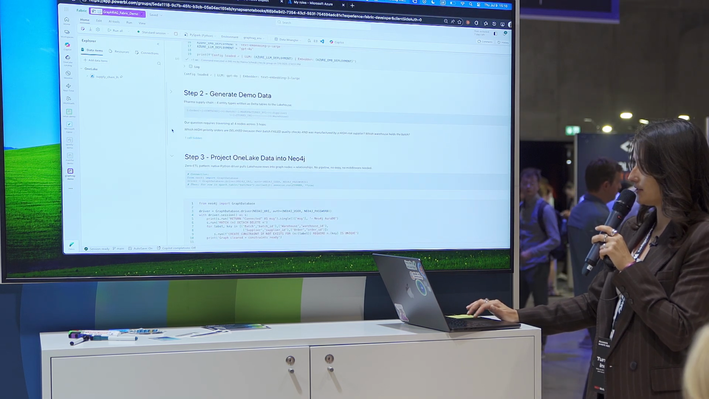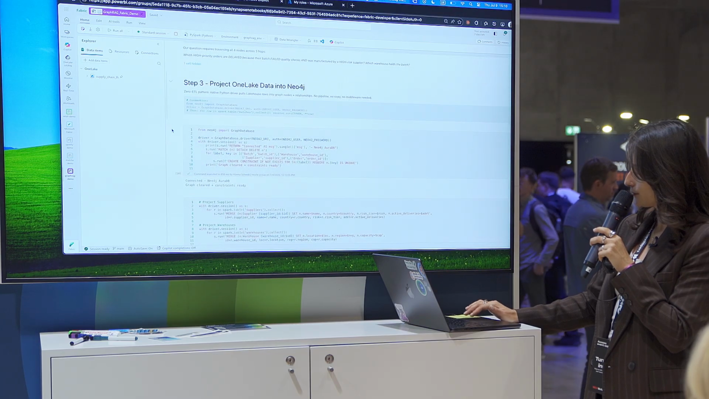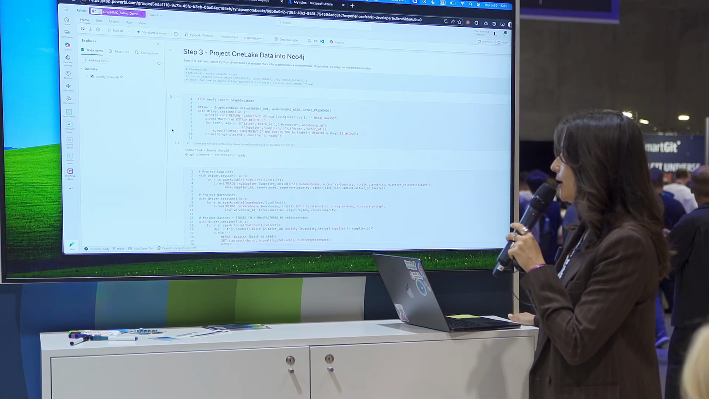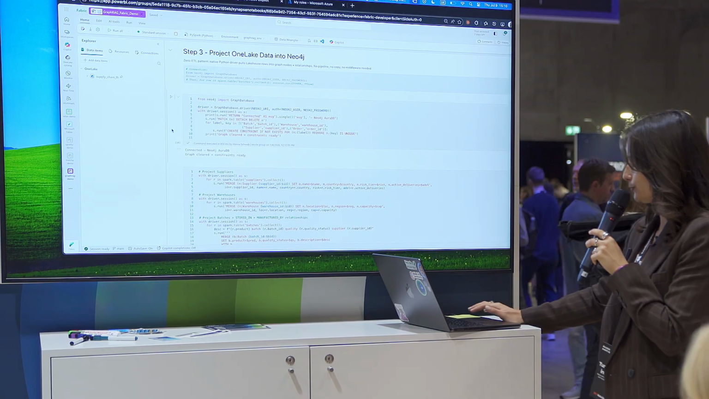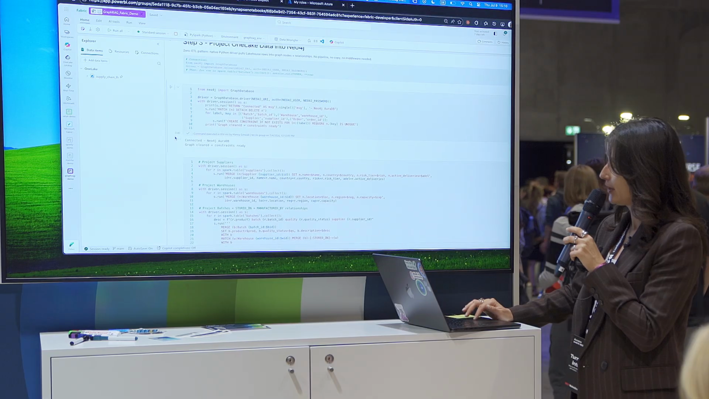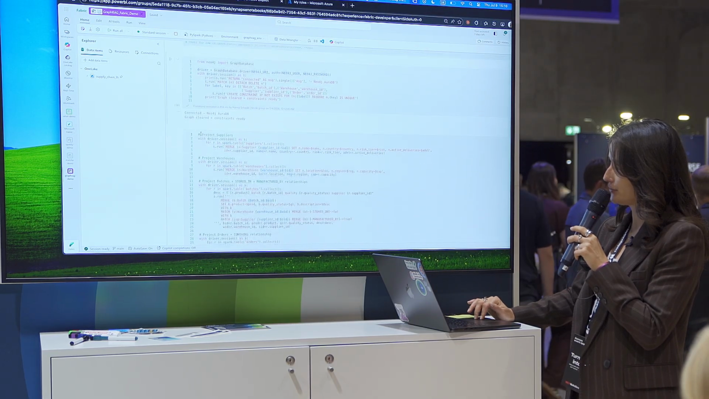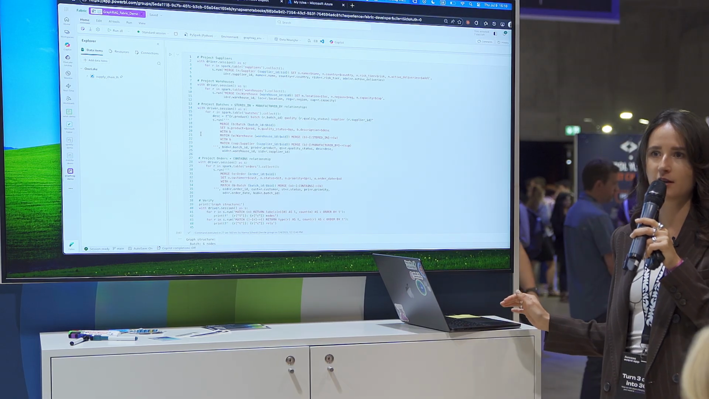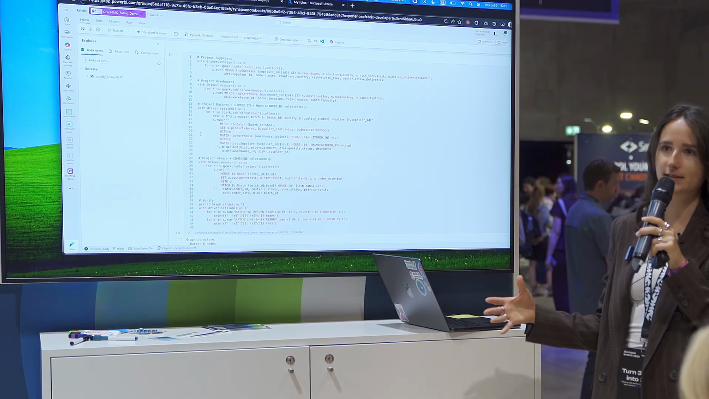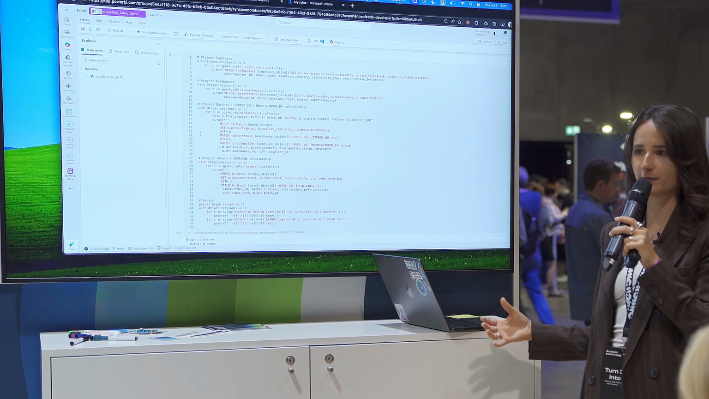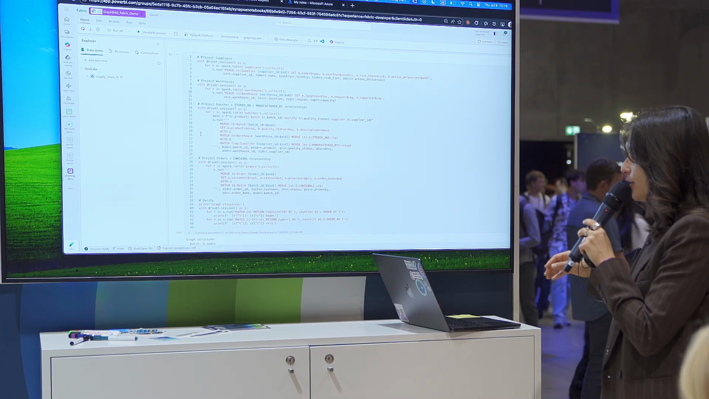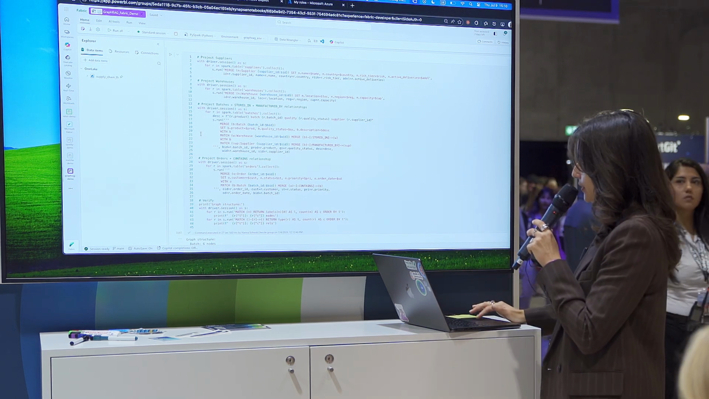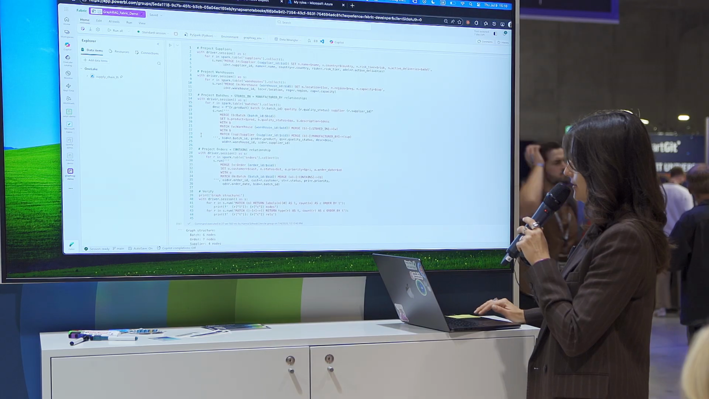Here I just generated the demo data. We will skip that. But then we can start projecting the data into the Neo4j database. That's what we do here. So this is just the connection to the database, but here, this is where it gets interesting, because here we can see how we set up the relationships so that in the Neo4j database, we then see the different relationships between the data. So if we look at this one here,